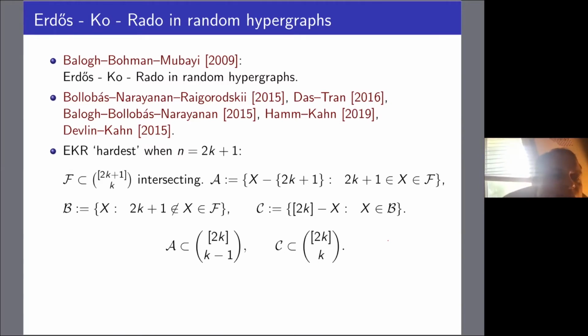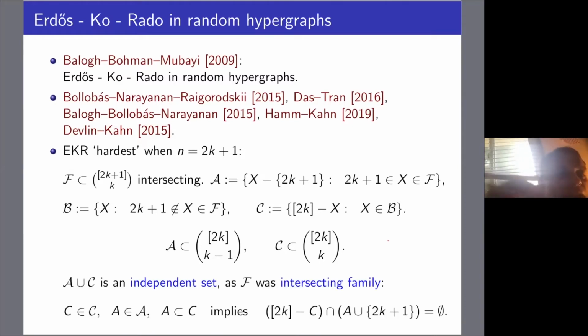A is a k minus 1 uniform family on a ground set of size 2k. C is a k uniform family on 2k, and A union C is an independent set. When I put an edge if one set contains another, I could say that A union C is an anti-chain. And this follows from F being an intersecting family. So if we have sets C and A such that A is a subset of C, then looking back at how we got